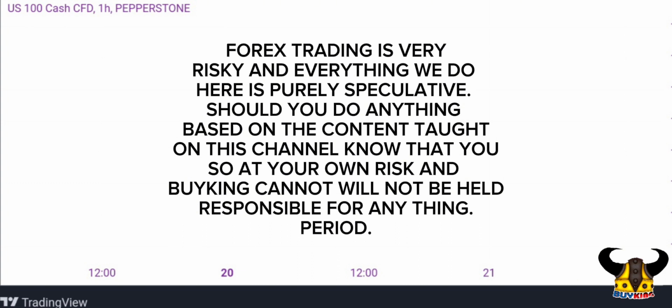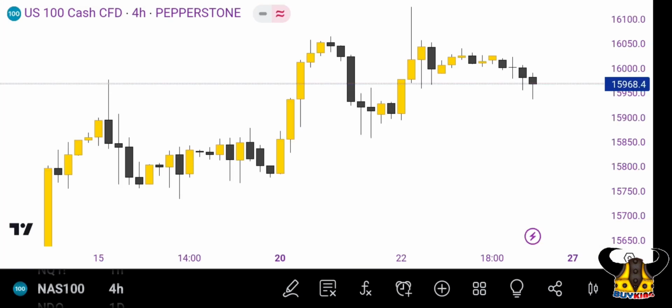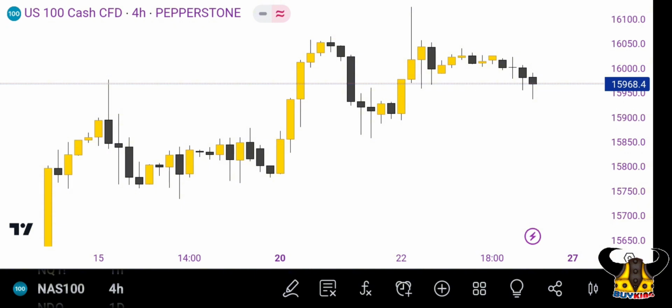Okay, now that is out of the way, NASDAQ, 22nd of November, 4-hour time frame. What I would like for you to do is focus your attention on the open of the day. So forget about everything else on the right hand side and focus on this specific portion. Remember in my previous video when I mentioned liquidity, we are still looking for the same thing today.